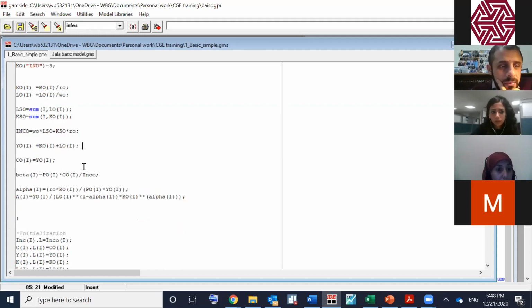So K and L are divided by their respective prices. So now the total supply of labor and capital are also quantities, and the income is a value because we multiply quantities by their prices. So Y is defined based on KO and LO that are already quantities, meaning that YO is a quantity and CO is also a quantity, which is correct.